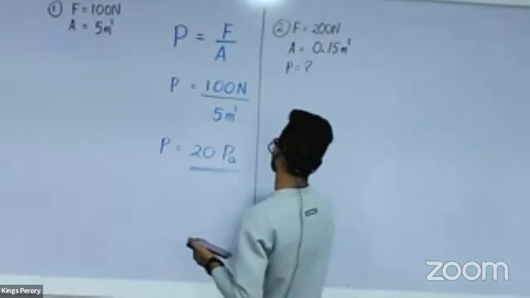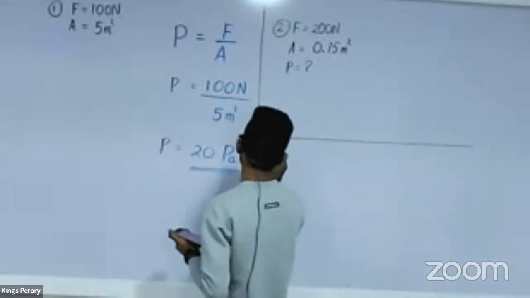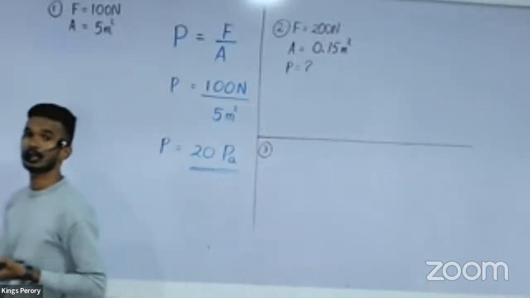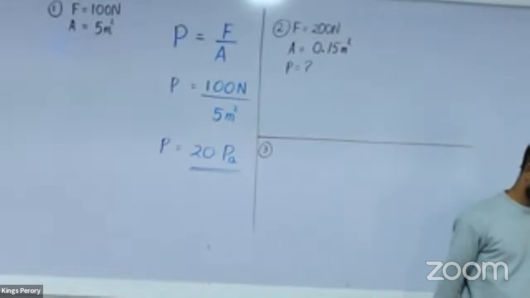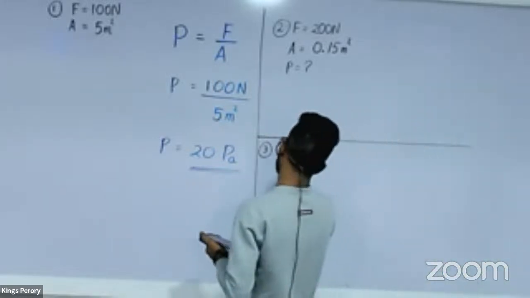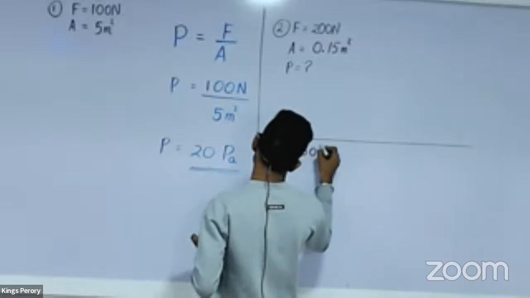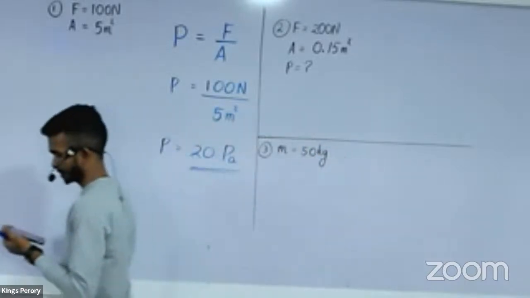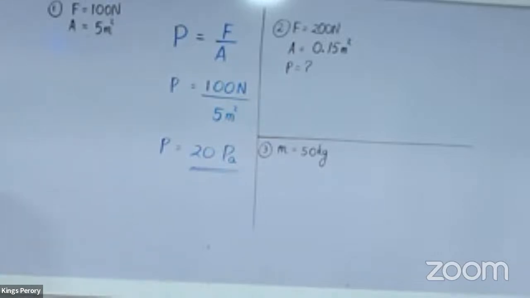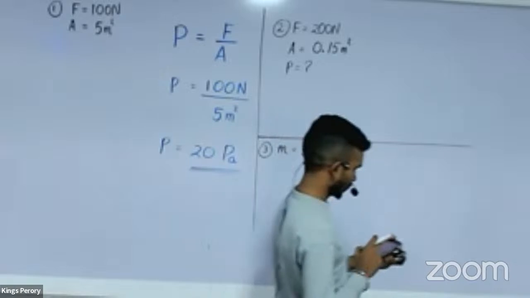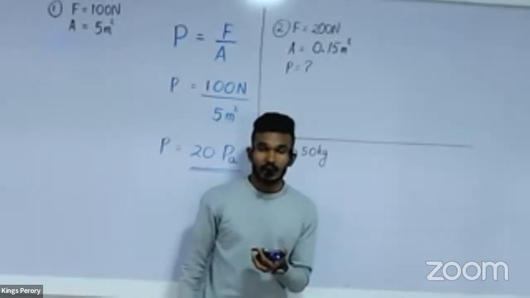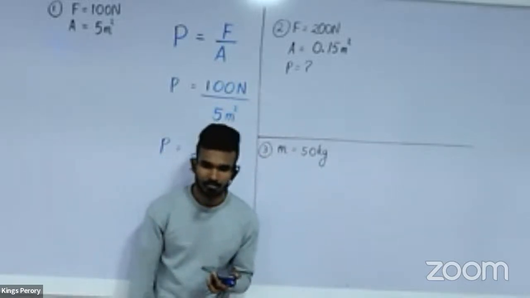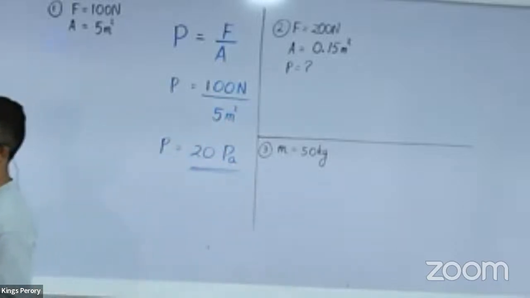Leave some space. Third question. A girl of mass 50 kg is standing on a tile